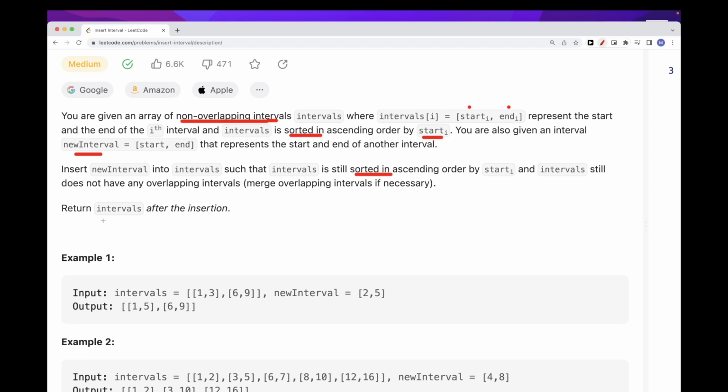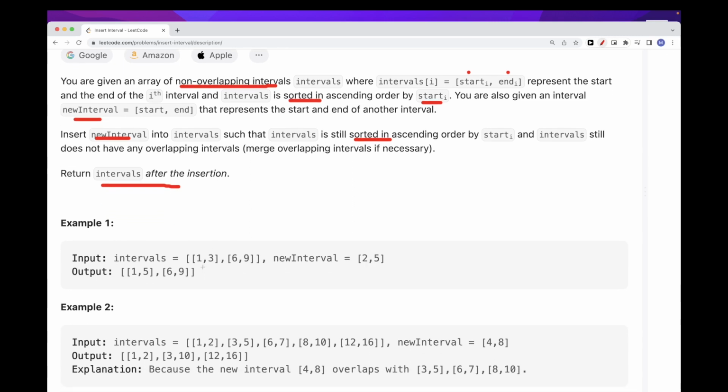And so what we want to return at the end is just the list of intervals after inserting a new interval in sorted order by start time. So that's the problem. Now, if we take a look at the first example here,